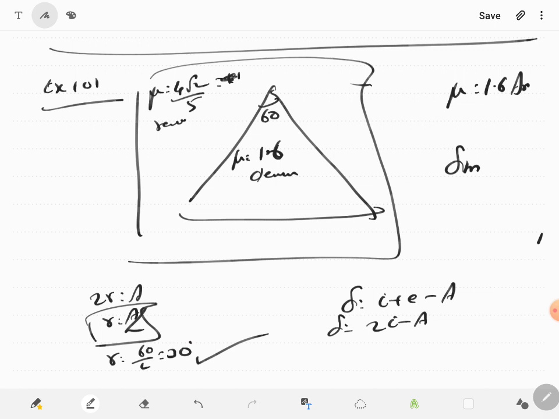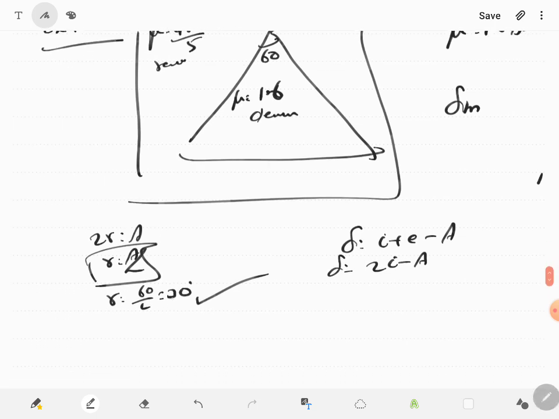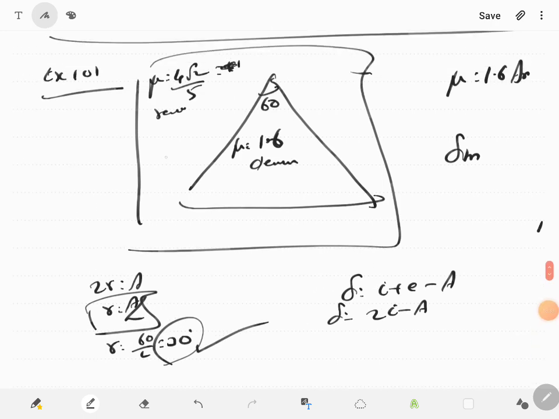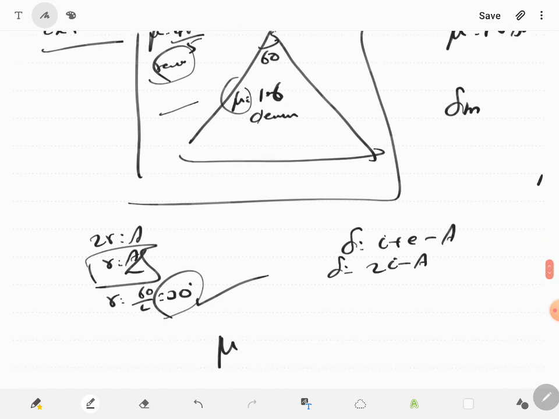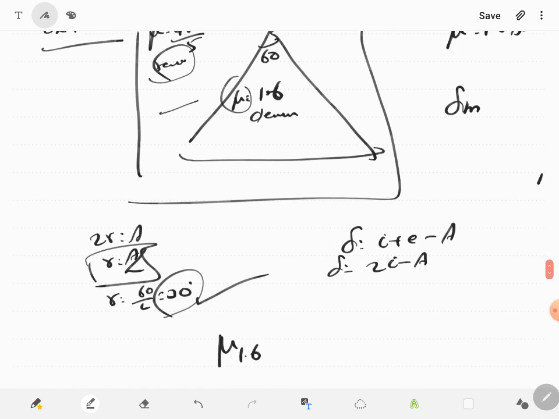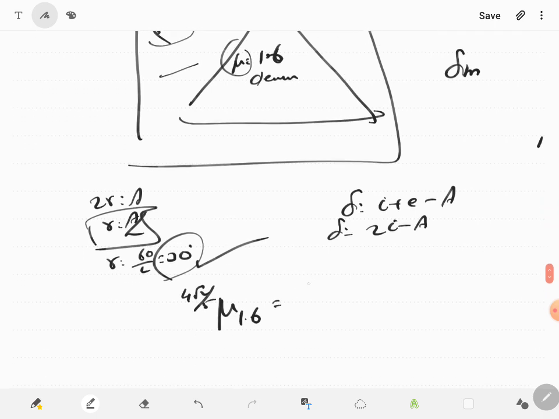Okay, you know R to be 30 degree. What else you have to say? If R is equal to 30 degree, here the light ray which is coming in is going to enter from this medium into this medium. So when we write mu, it's always the refractive index of the denser medium, which is 1.6, to the rarer medium, which is 4 root 2 by 5, which should be equal to sin I by sin R.